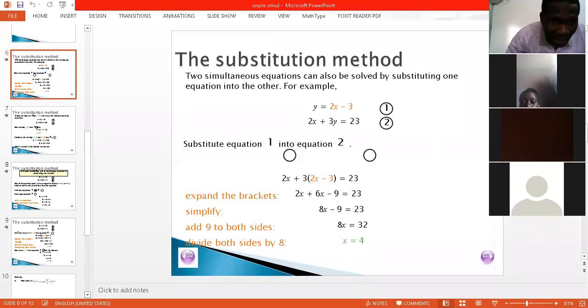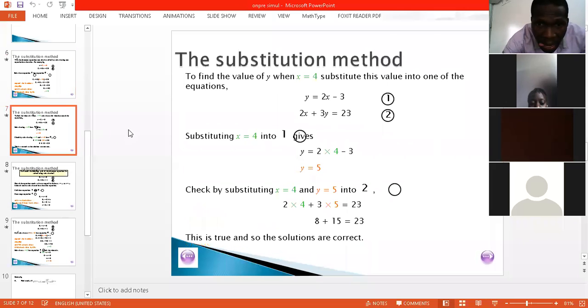The topic is simultaneous linear equations, and we dealt with the elimination method in the last class. Today, we are dealing with the substitution method. So since we have our x to be 4 earlier, you just have to substitute into the equation. Y is very easy because y is equal to a certain